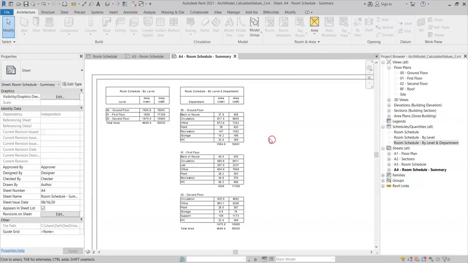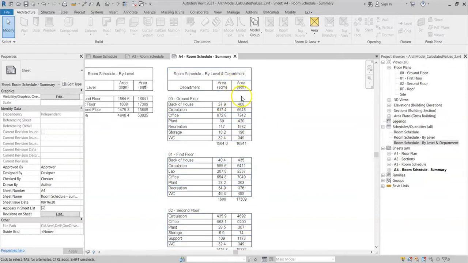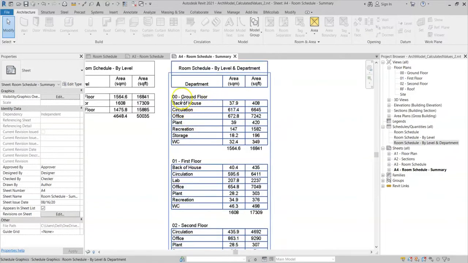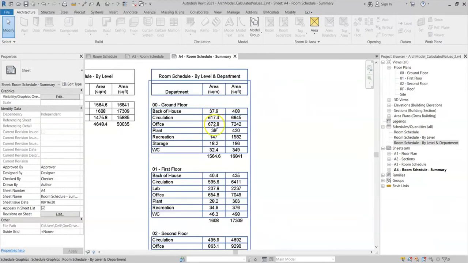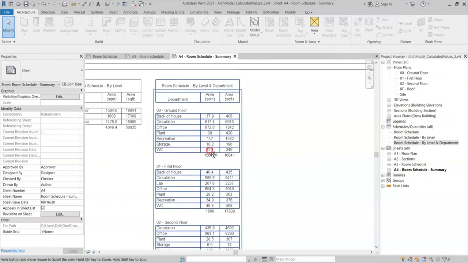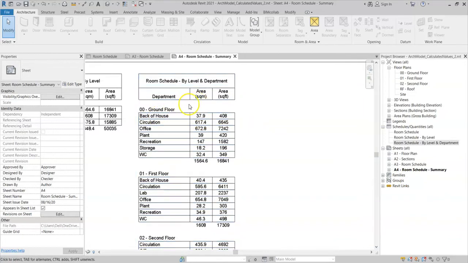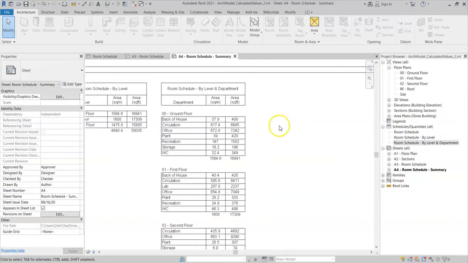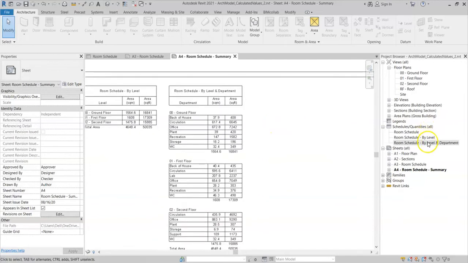Now that I have these summary schedules on the sheet, I can see the area in square meters and square feet per level, and also for each department on each level. However, seeing the numbers doesn't give me the whole story. What I'd like to be able to do is show the percentage of each department on each level, and then also show the department percentages as a whole for the whole building. So in order to do that, I'm going to go to my room schedule by level and